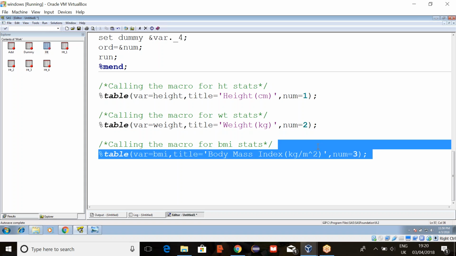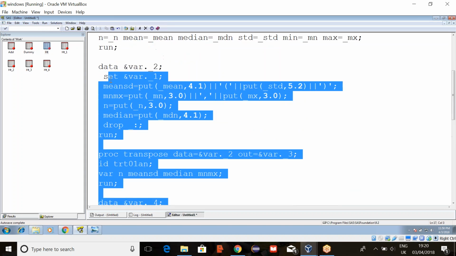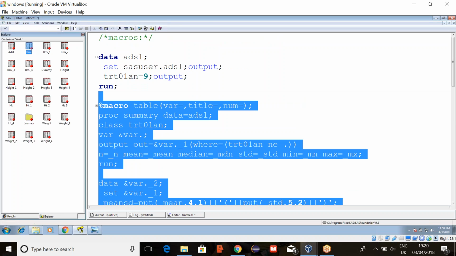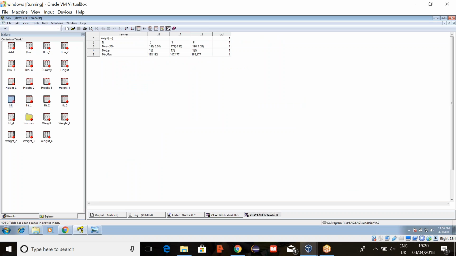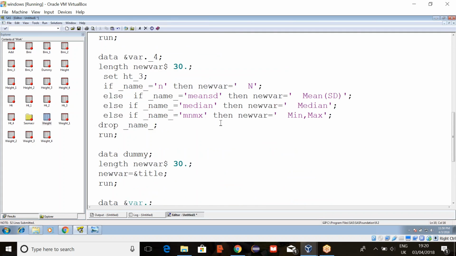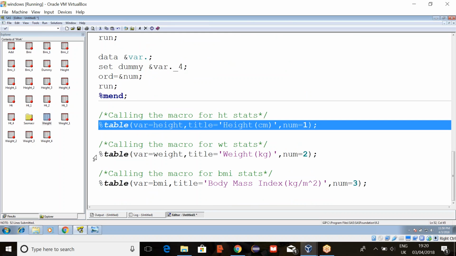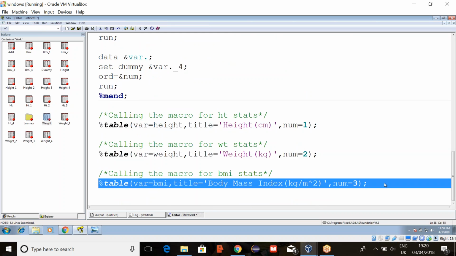So let's run this and see. See, we got BMI, height, and weight, right? So how much time it took if you have a macro? Instead of writing the entire code again and again, simply we can complete it with a single line here, right?